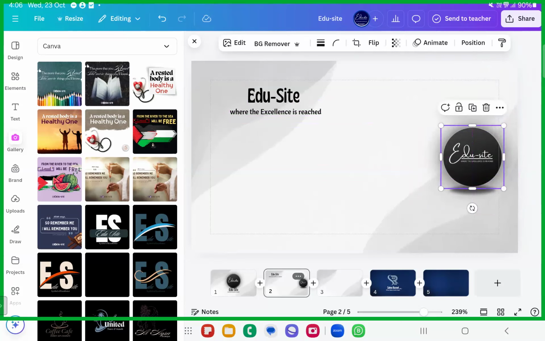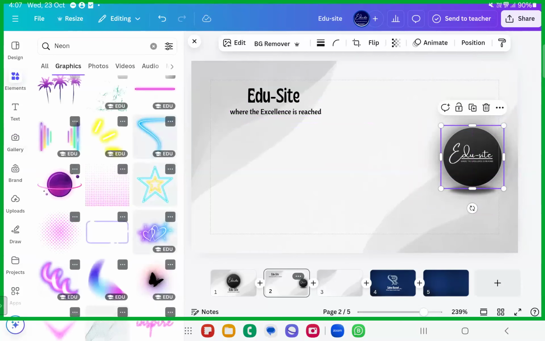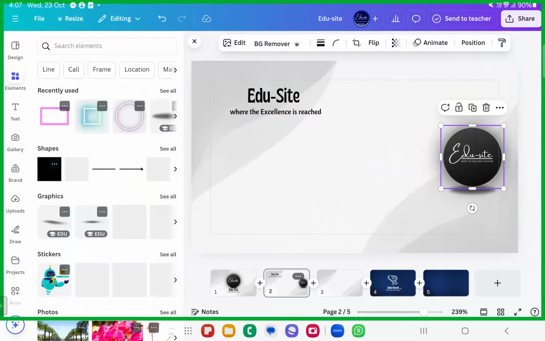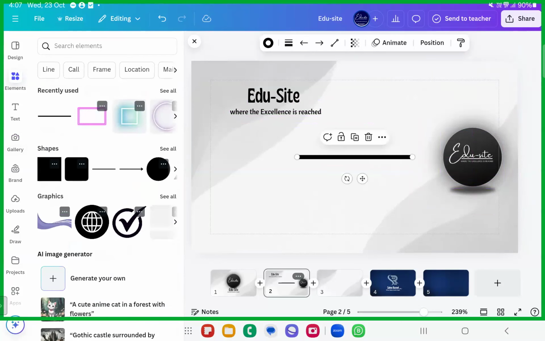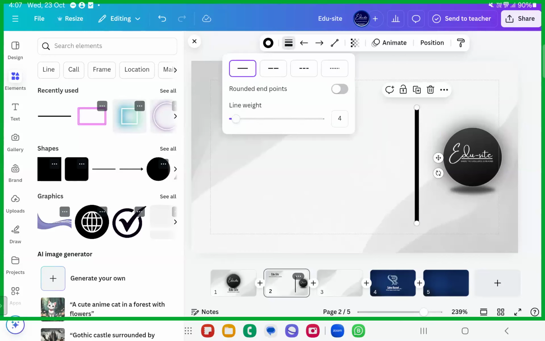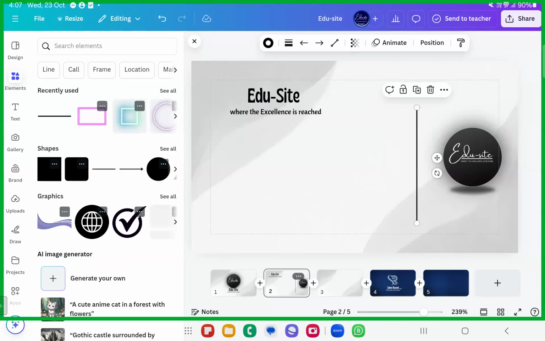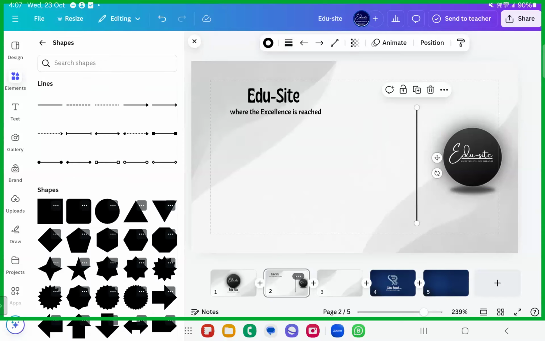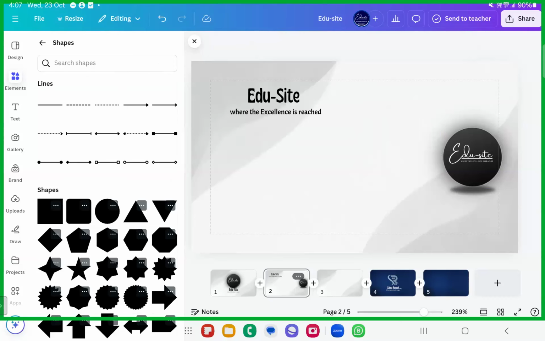Now you can even add some more stuff like lining. If you want a separation between this and that, some beautiful lines, you can just go ahead with the shapes and add some lines like this, to show a difference between this and this. You can even decrease the point size of this line weight, or you can change this line to something else. You have different lines like these, I can select those lines, right?